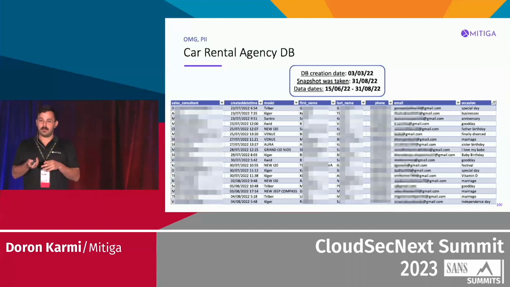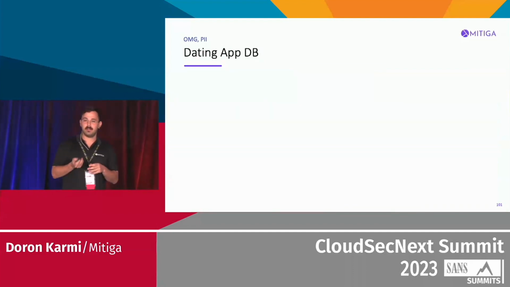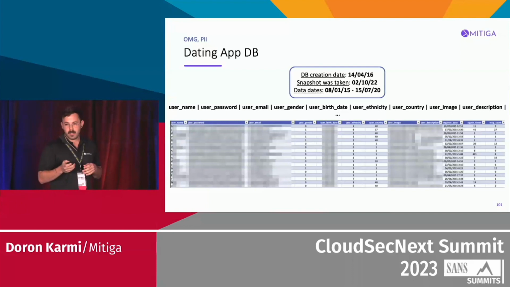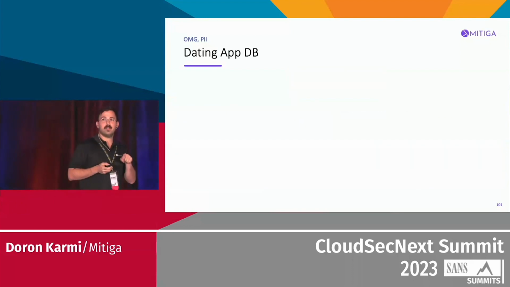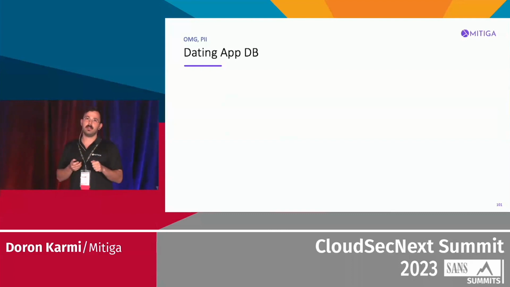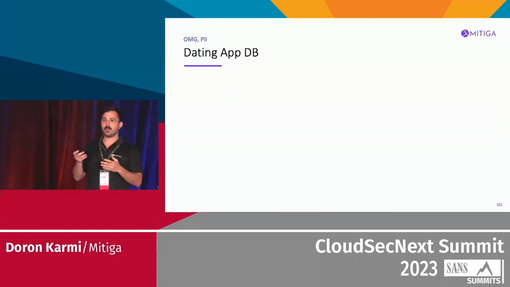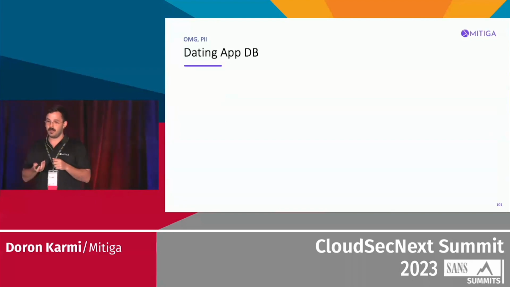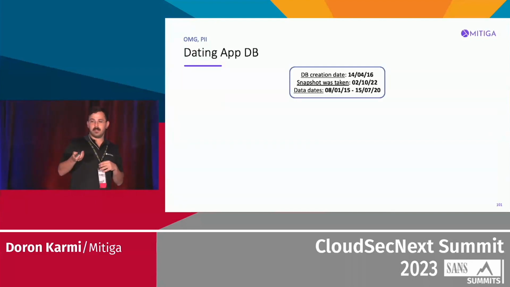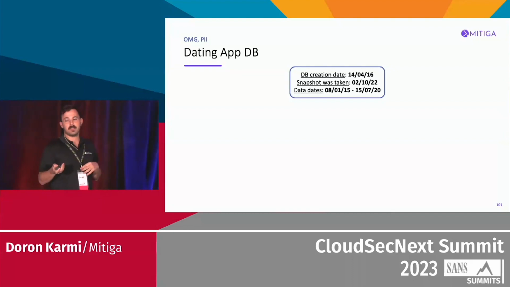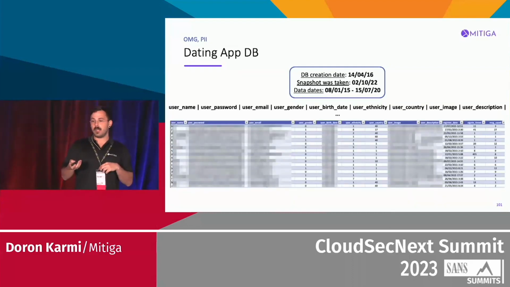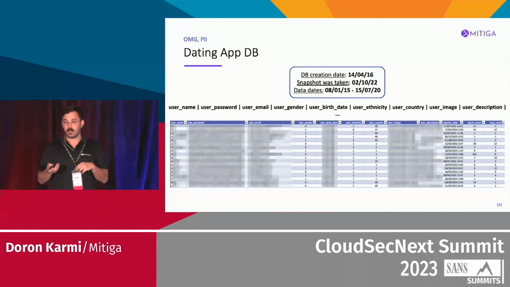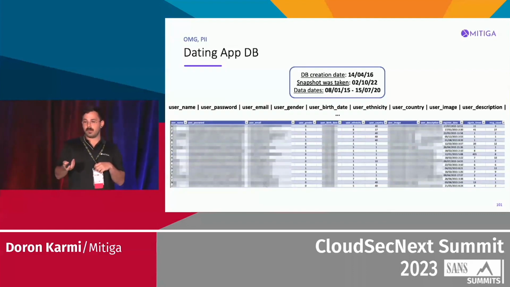But we had even more interesting tables. Dating app DB. What is important to know is that this DB snapshot was exposed only for 4 hours. In these 4 hours, we managed to get the snapshot and create a DB out of it. Then they deleted it, but this is what we saw. This DB was created in 2016. The snapshot was taken 6 years later, in 2022. And what we see here is